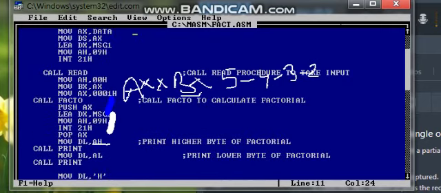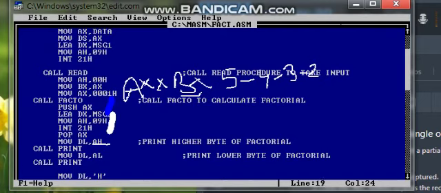Here we get our factorial. As we are multiplying the number, we have to initialize it by 1. Now we have to print our factorial, which is in the AH and AL registers, meaning in the AX register. We will print one by one. First we will print AH, and then we will print the AL register.